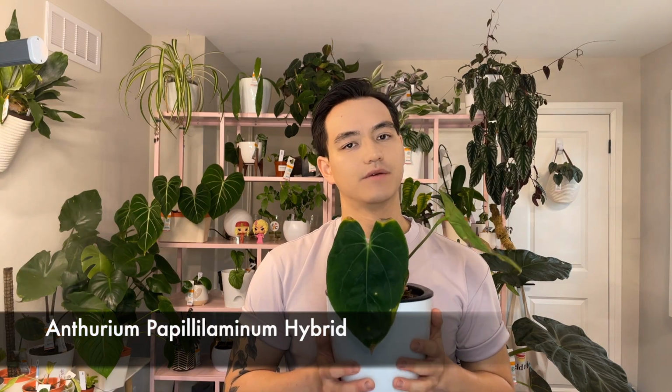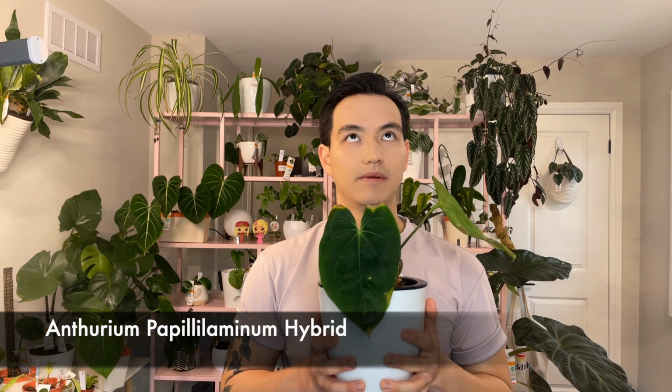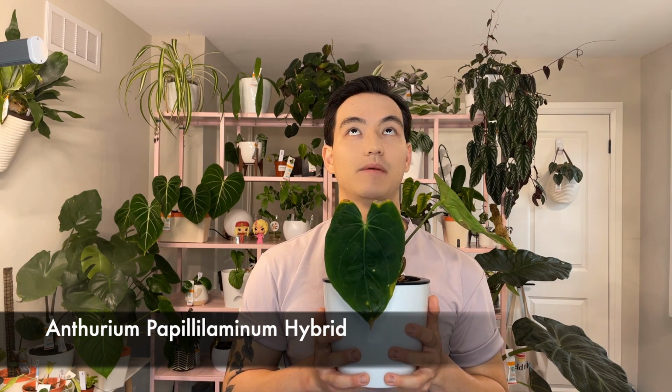This is my Anthurium Papillilaminum hybrid. Say that 10 times fast. It doesn't work. So I purchased this plant because the Papillilaminum is known to be a resilient, easy Anthurium, but this is a hybrid, so it must be hybridized with something that's a little bit more difficult, because it was perfect when I got it from Canadian Rare Plants,